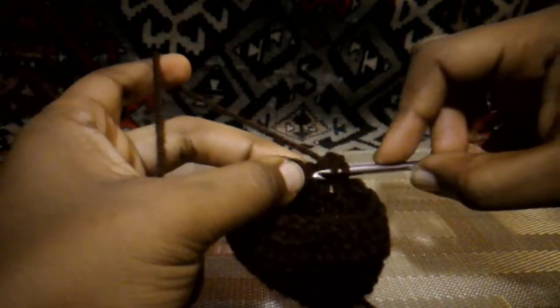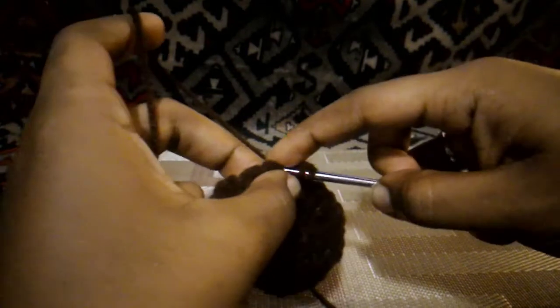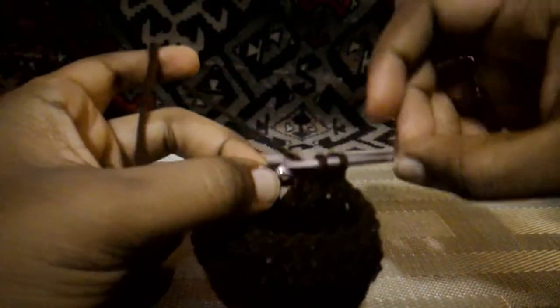Now for row 3, you're going to chain 2, and you are going to do 2 decreases. In the first stitch, you're going to go into the stitch, yarn over, pull up a loop, go into the next stitch, yarn over, pull up a loop, yarn over, pull through all 4 loops. I'm going to go into the next stitch, this stitch here, go in,